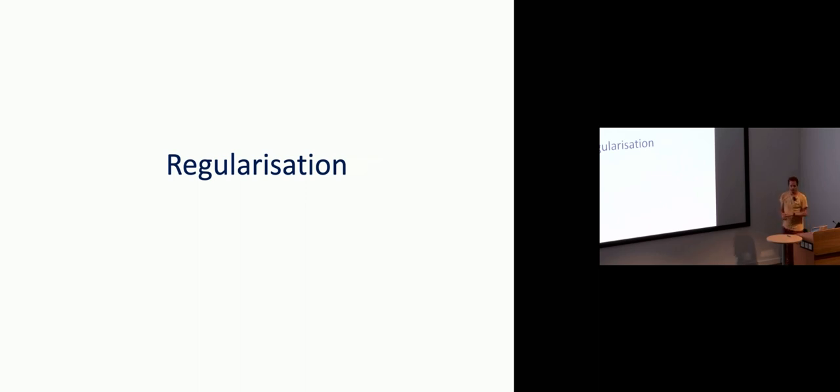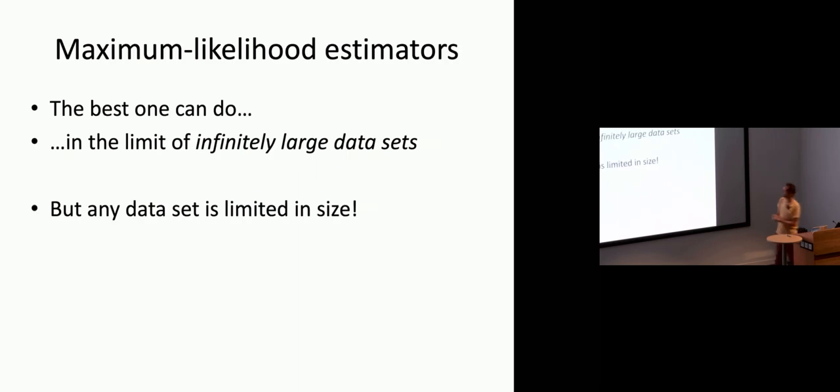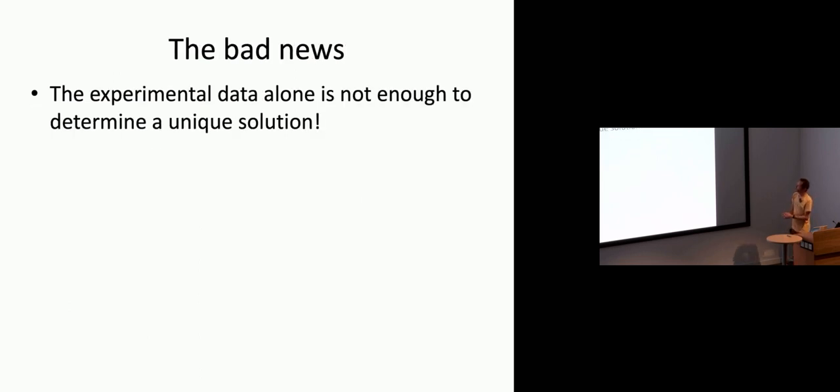Good. So marginalization, or maximum likelihood refinement, was a good step forward. You can show mathematically that in the limit of a lot of data, that is actually the best you can do. But of course, data sets are not unlimited in size, and that has some consequences. That means that the experimental data alone is no longer enough to determine a unique solution to the problem. So there will be many high-resolution, noisy reconstructions that are equally likely in the light of the experimental data